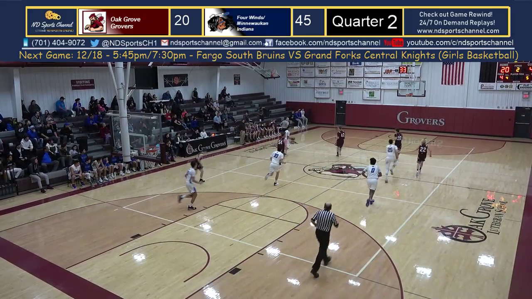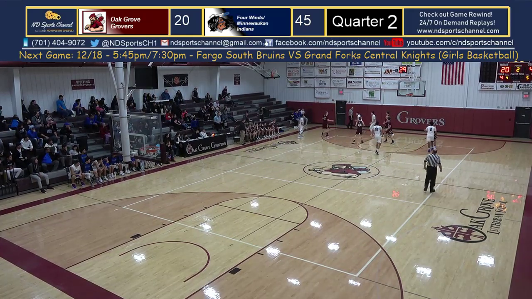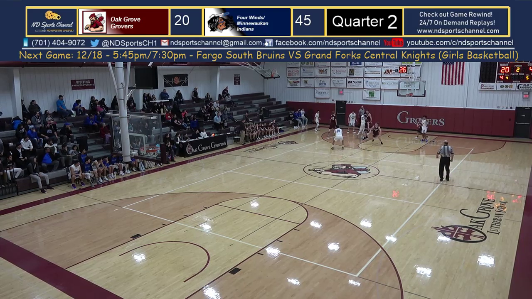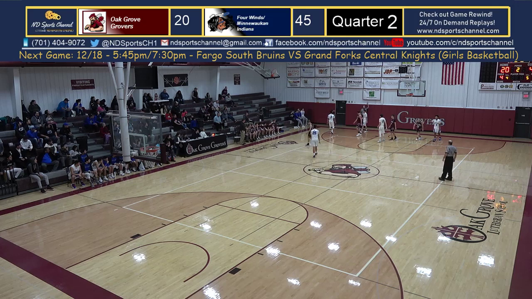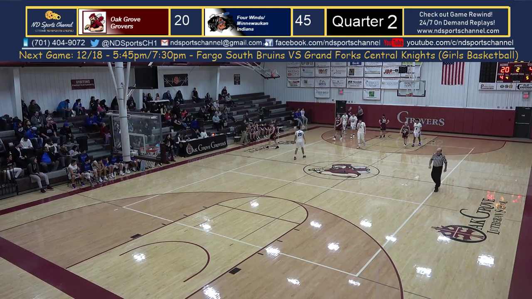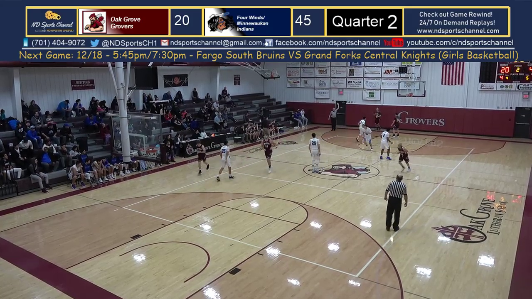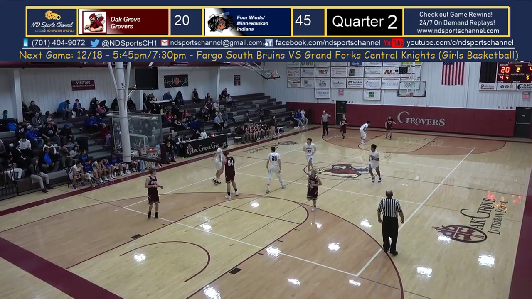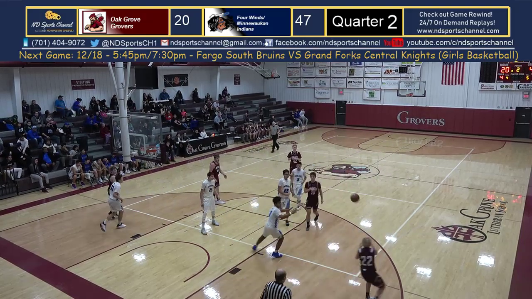Rebound pulled down by Four Winds Minnewaukan, they'll shoot it up court now and dribble it over on the far wing, work it down low, kick it back out top, another catch and shoot three, which will be off the left side front half of the rim. Rolls out of bounds, stopping the clock with 30.5 seconds to go here in the first half of play. Once again, it's 47-20. And our keys are sticking there on the scoreboard, but